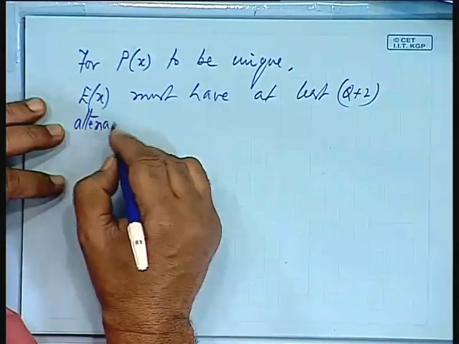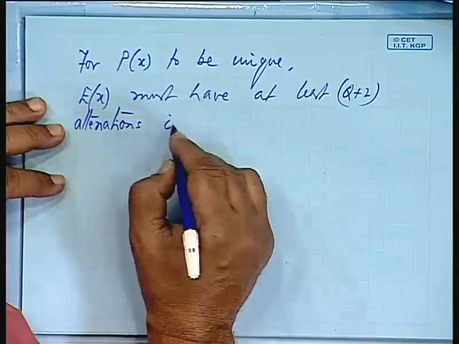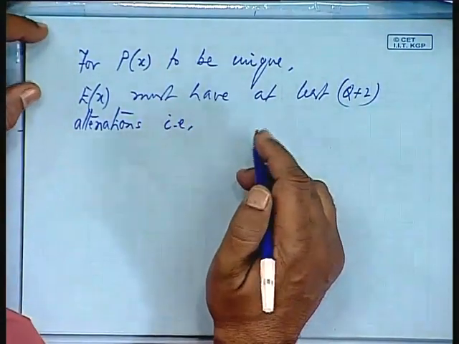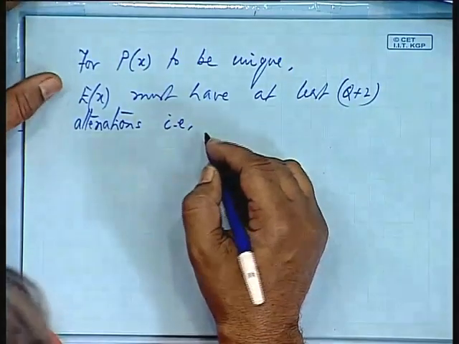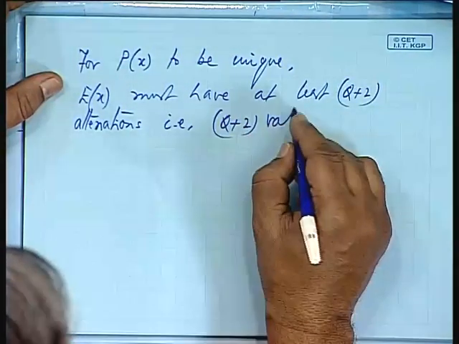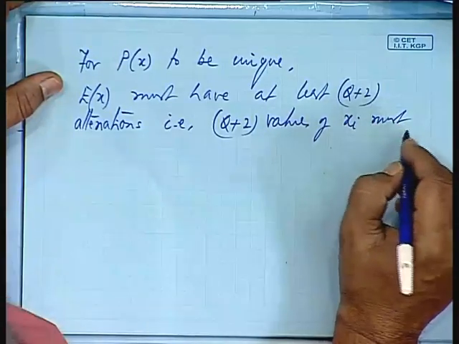This is the alternation theorem. We are going to discuss what that is, that is q plus 2 alternations, that is q plus 2 values of xi must exist in that range,